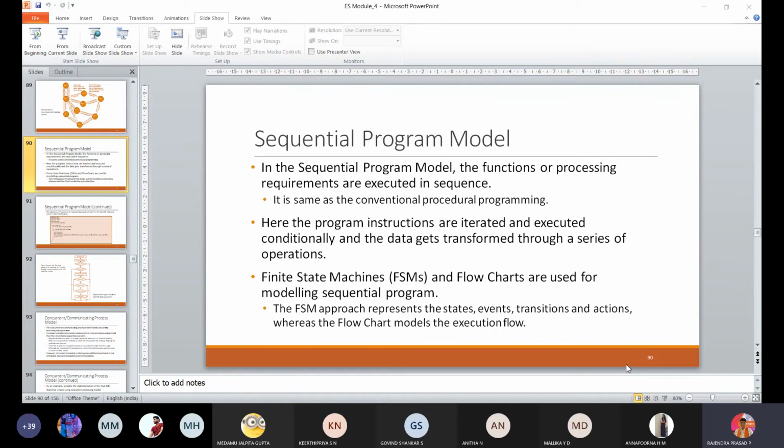And the advantage there is that if any part is not working, you will come to know which section is not working, and you can check only that section to know what is not functioning. And when I debug that, then my main program will be working. That is the main intention. But for smaller applications that don't require concurrency, we can go for sequential programming only. So it will reduce the cost and other things. Lack of real-timeliness is one of the drawbacks present here.